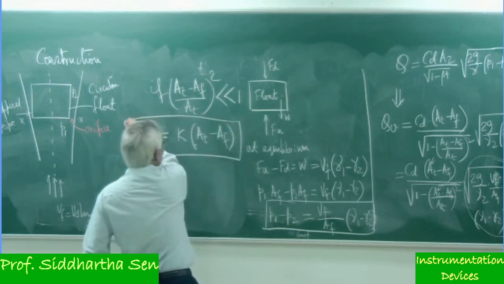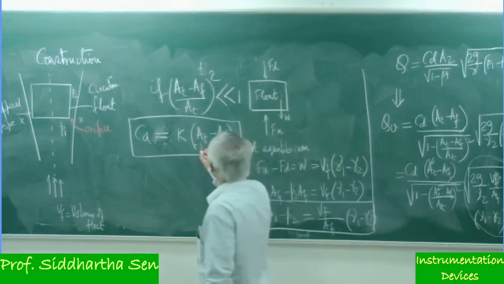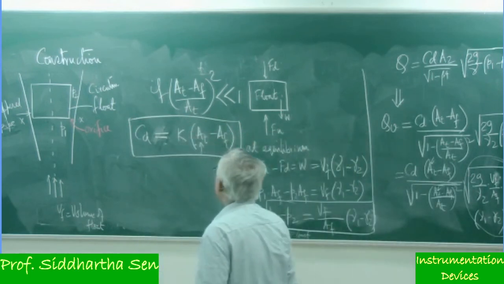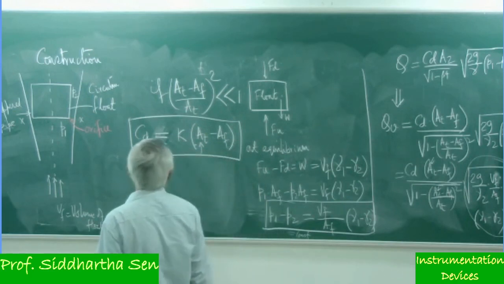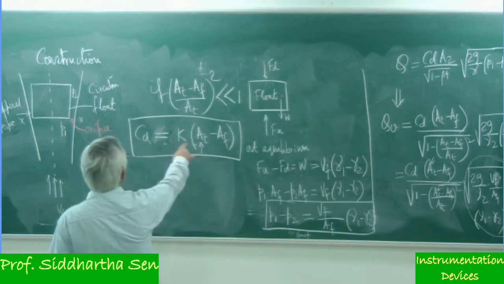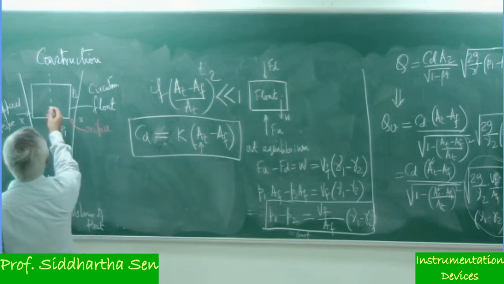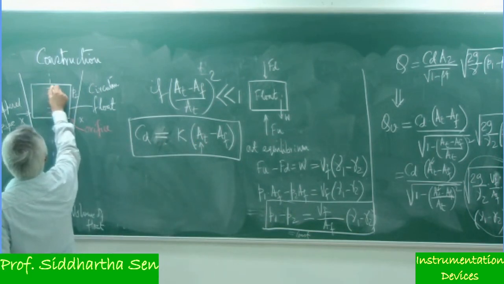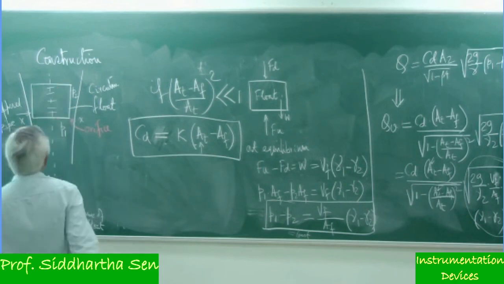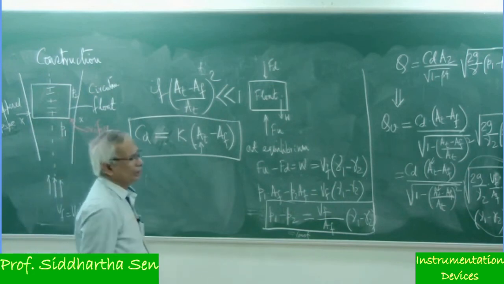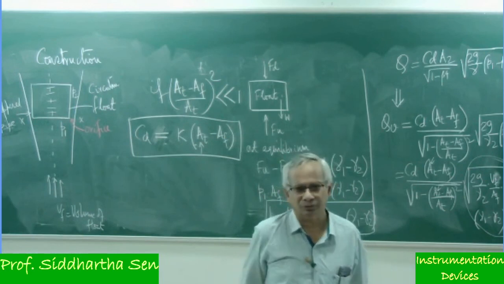So the thing is that what is varying is AT, and it is linearly changing with AT. The square root and all those things are gone, and here there is a nicely simpler relationship. As the flow rate increases, it will go up, and I can make graduations on the tube itself, where I will write 200 liters per minute, 300 liters per minute, or this sort of flow rate.